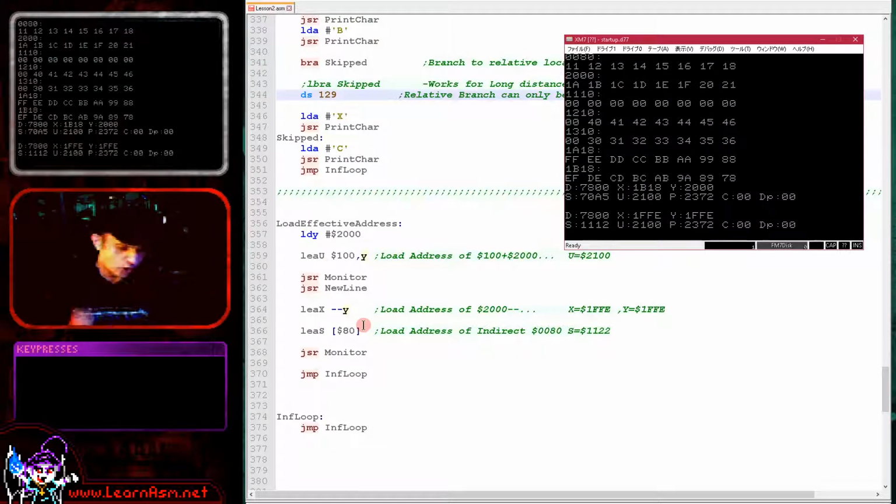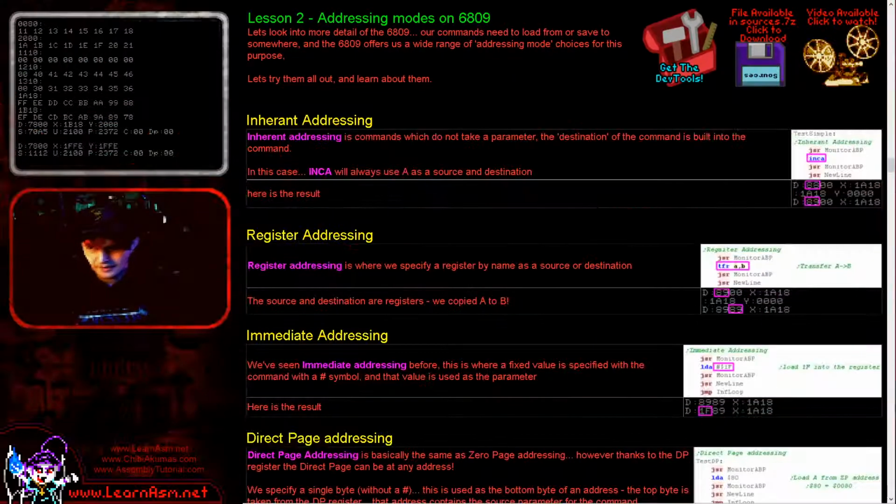We've gone over an awful lot of addressing modes here because the 6809 has an awful lot of them. I hope you've found this interesting. What I'd suggest is, if you go to my website, you can download the build scripts I've used today and the source code, and you should try these out for yourself. Try different values with them and just see how they work, because that's really how you get used to these. You can't really learn these just by seeing a video like this. You need to fully play around with them and use them in your own examples